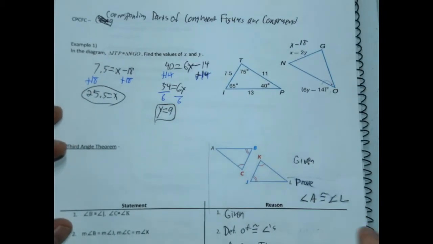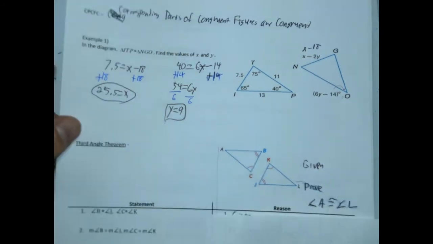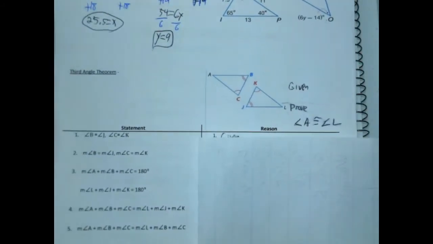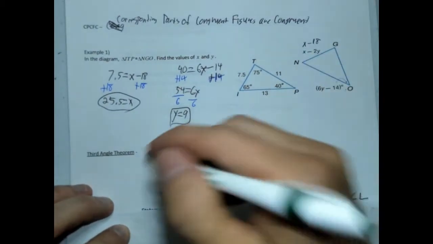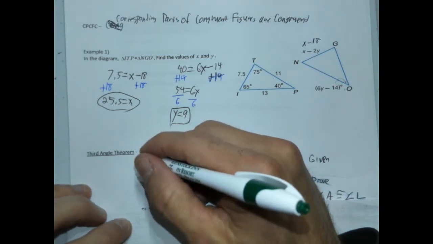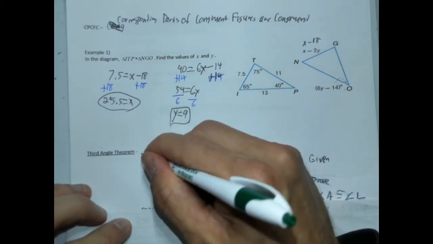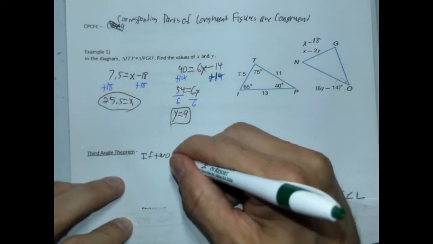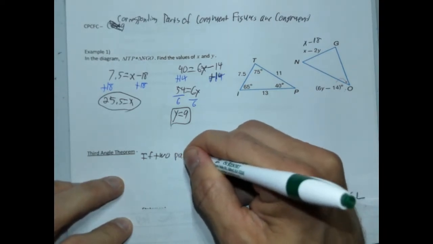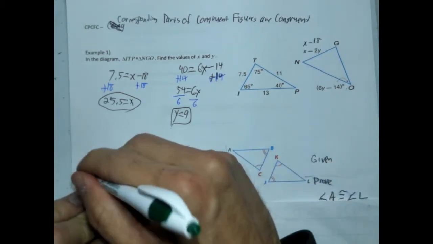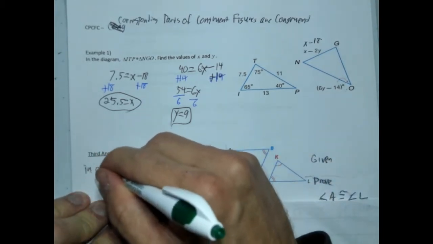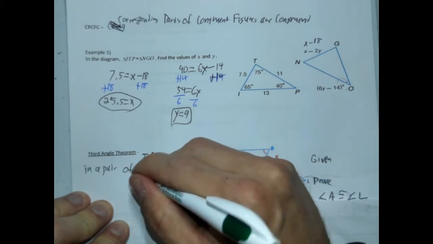Now this is the weird part. So this is a proof. Okay, it's given us these two triangles. Oh, before we do that, actually, hold on. Before we do that, we're going to go to the third angle theorem. And third angle theorem tells us that if two pairs of angles in a pair of triangles